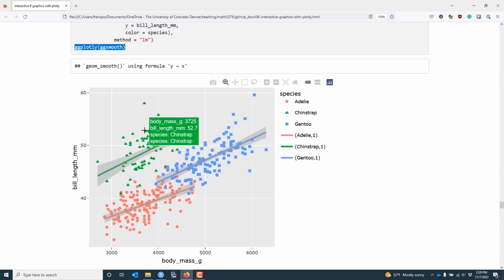Our plot displays information associated with each species when we hover over an observation, but more importantly, we have information related to the regression line associated with each species. So we can see here we have a regression line for the chinstrap penguins. And as I move along this line, I can see, for example, that right here, the regression line has a body mass of 4,374.684 grams and a bill length of